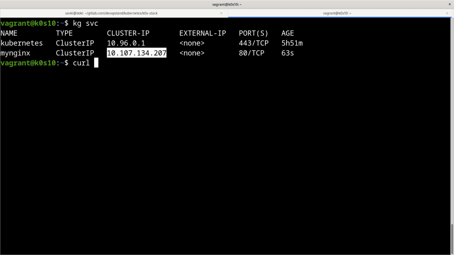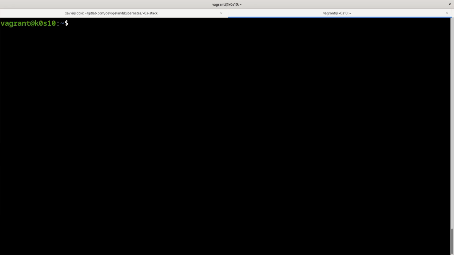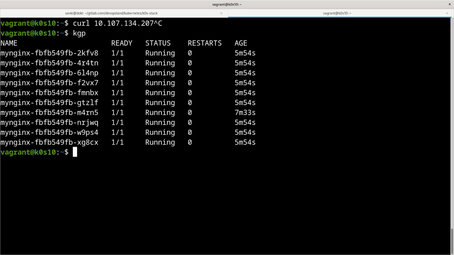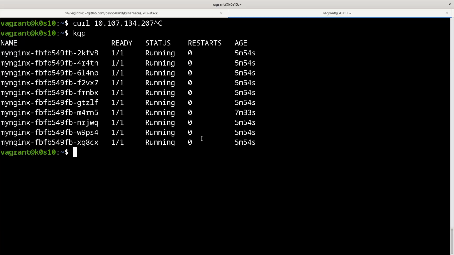And if you want, now you can curl this IP, and we have an Nginx, of course, and this is our pod behind this IP. And of course, if we want to scale, we already scaled, yes. In this case, we can check if we want, we can, for example, change the index.html in the pod, or you can use, for example, this image. So we can do it.